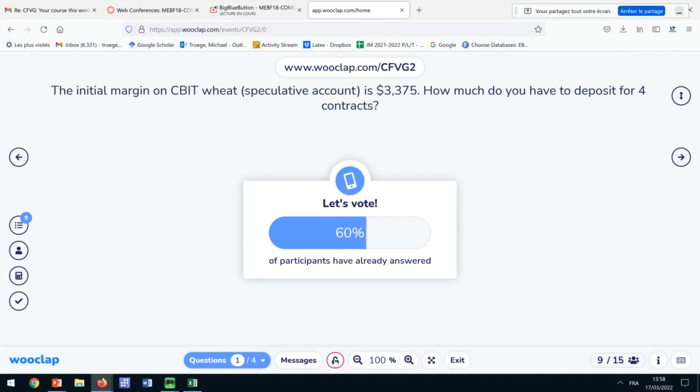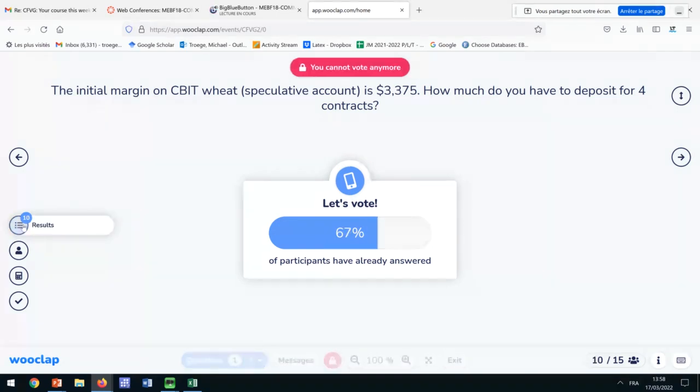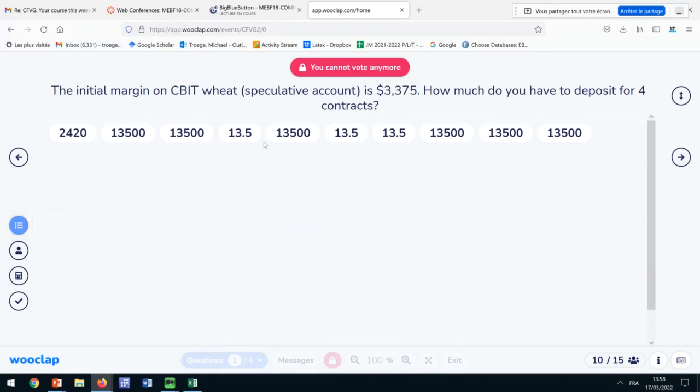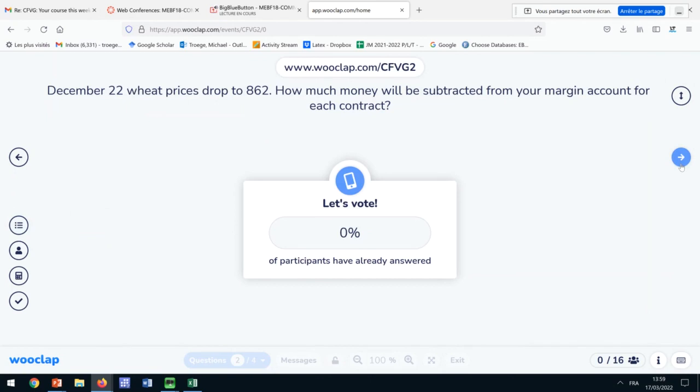Okay, 60% response. Let's go to 10. Two-thirds response rate. That's not too bad. Yes, 13,500, I guess, is the answer. So that's just 4 times the margin requirement. Some of you have a rounding problem here, but we bought 4 contracts, so that's around 12,000. 3 times 4 is 12,000, so it's about $13,000 we have to put down initially to make sure that we can,